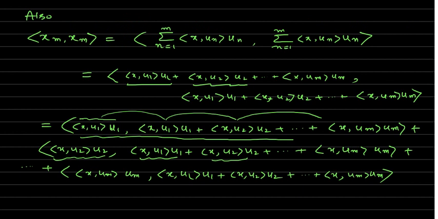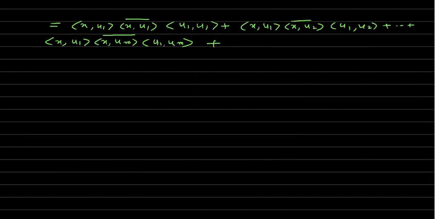Now let's see the second one. In the first component the scalar is x u2 and in the second it is x u1. So x u2 comes out directly, but the second is a conjugate with respect to the second variable, so that means it will be x u2 then x u1 conjugate and then we have u2 u1. Okay, similarly with the second one also, so it's equal to the inner product